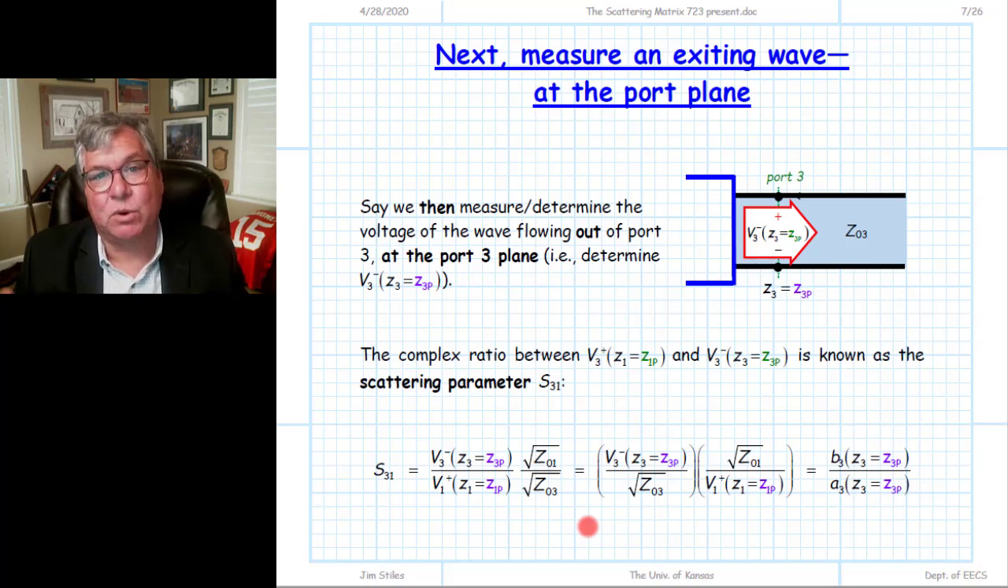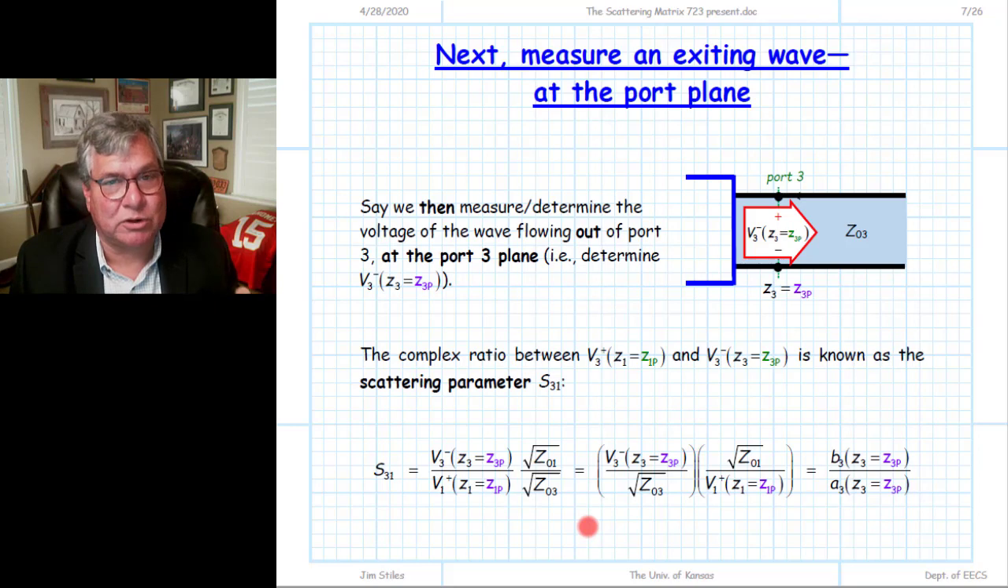4 exiting waves, 4 scattered waves, and we say that those are the result of the single incident wave on port 1. Port 1 incident is the cause, scattered waves at the other ports are the results. And so we're going to compare those two. Again, we need to compare numbers, and so we don't just look at the exiting or scattered waves at every port. We go through and look at the scattered wave, let's say at port 3, and we evaluate it at the